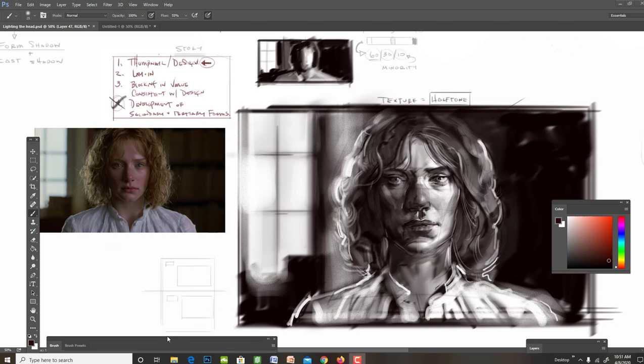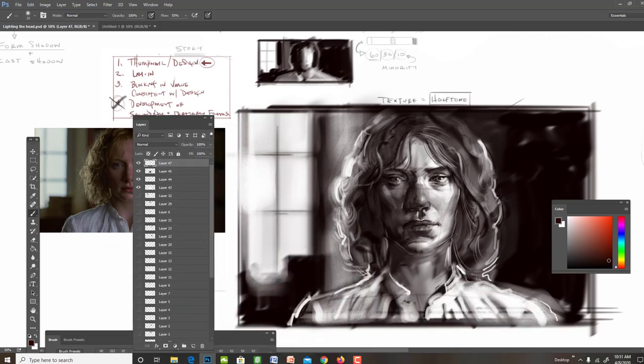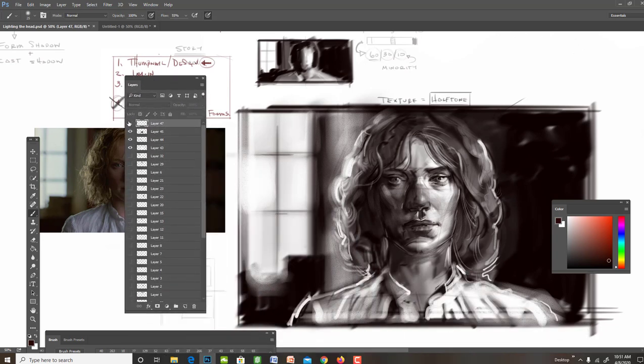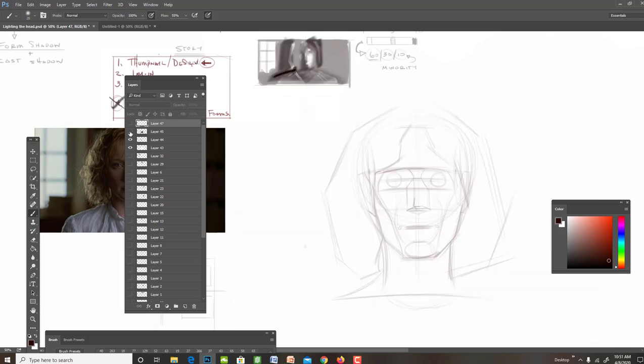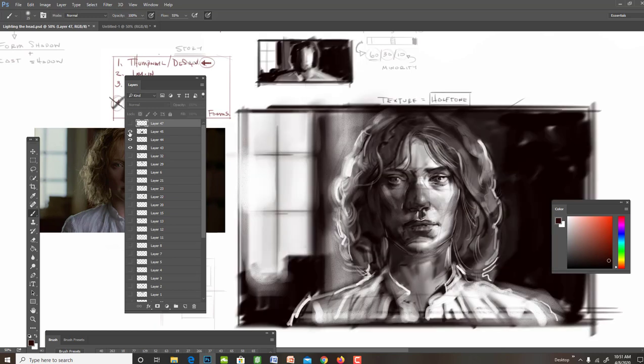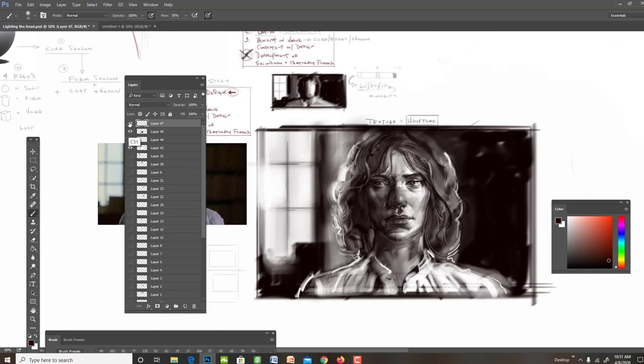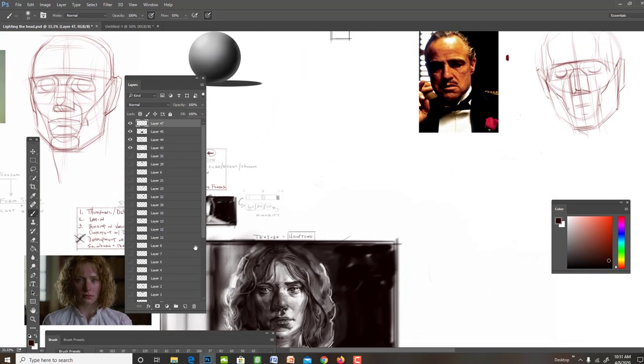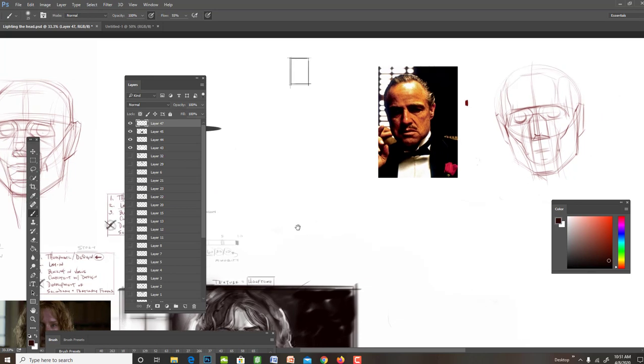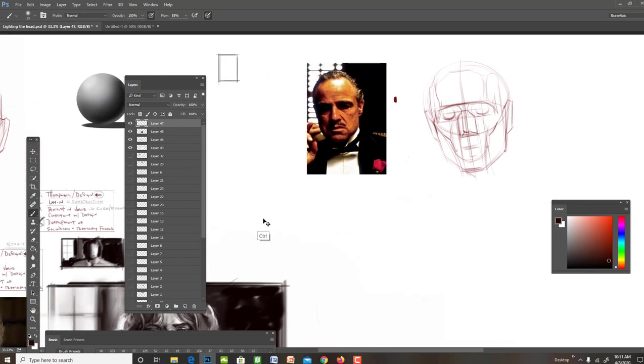Okay, so in the last video we went through this one. I just spent a little bit more time to develop it to show you how you can take it from being something that's a little bit indicated to having a little bit more finish to it. But the basic step was the structure and then the light and shadow. So in the next part we'll just do that one more time. And why don't we do it to the Godfather for